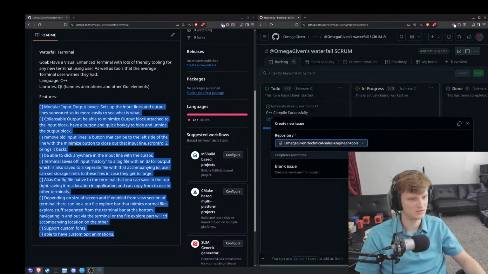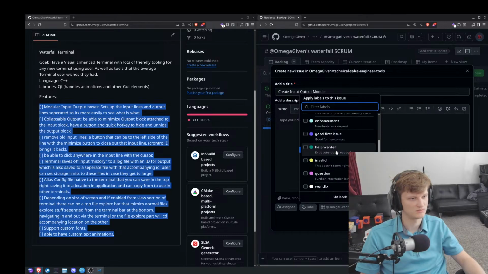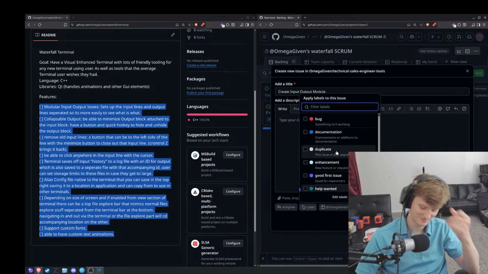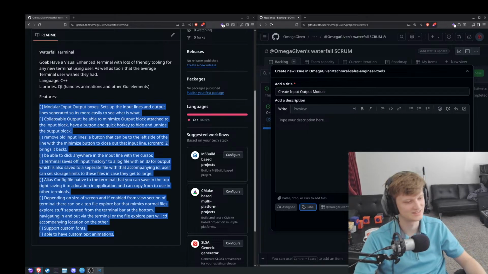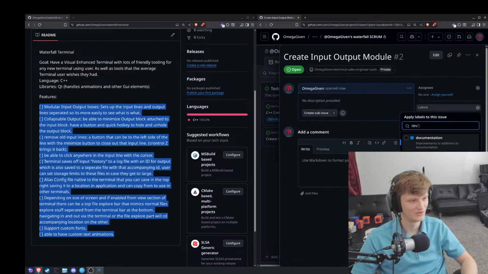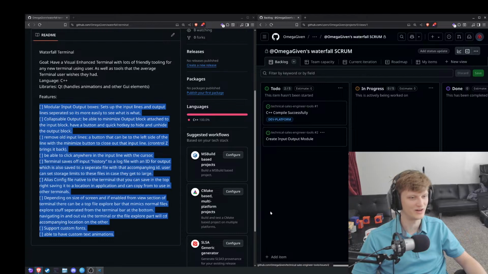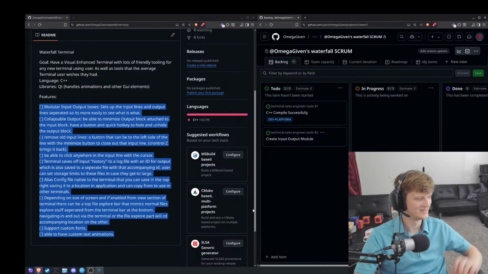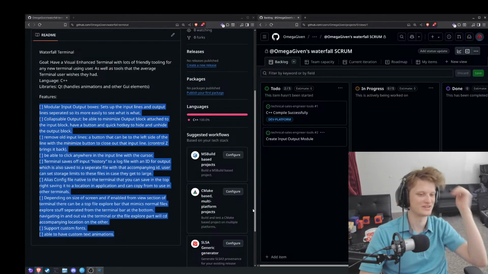New issue, blank issue, label. It's not here. I don't know why, but it won't let me create the thing first. Okay, I'll have to figure that out later.